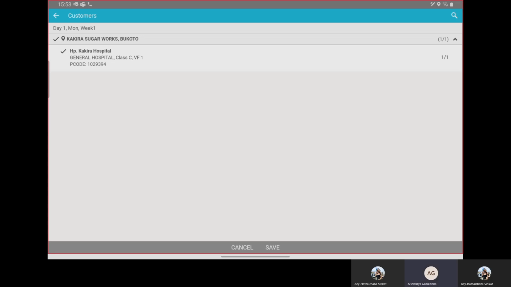Okay. So when you click on this edit icon, you will be able to see the customers. From here you can select or deselect the customer. Since you have already selected it, the tick mark will come by default. That means you have selected it. If you click on that tick mark item, it will be unselected. In this way you can unselect the customer which you have already planned. So this is the functionality of the edit icon. Then just click on the save option.